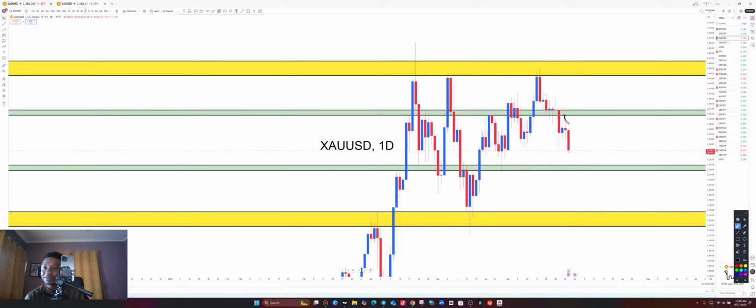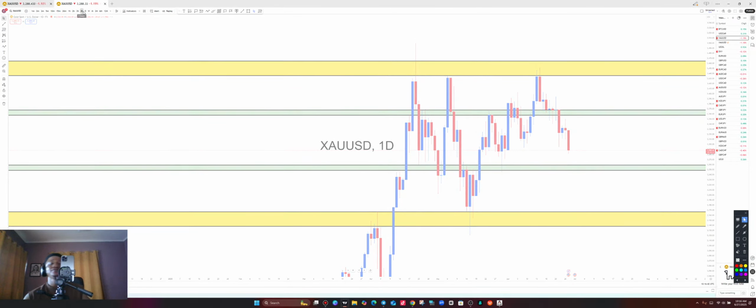So gold, we are expecting more sell pressure to bring the market all the way to the downside. How do we pick our entry somewhere here to sell all the way to the downside? Let's find out as we go again through the 4-hour time frame. All right, so let's go to the 4-hour time frame and then add more meaning to this analysis.